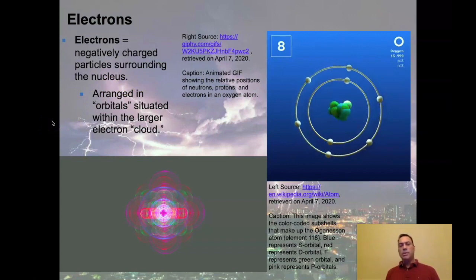But what they're really doing is they're zooming around and maintaining some type of energy equilibrium with the nucleus. They're maintaining that energy equilibrium with the other electrons and also with the environment in which they are situated. So what they do is they tend to find these things called orbitals. Right, so we're going to get into orbitals here in a moment.